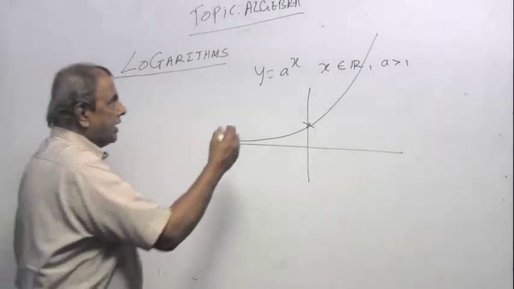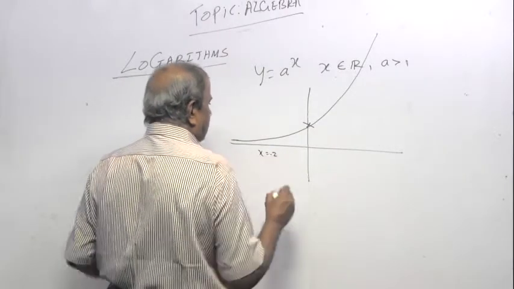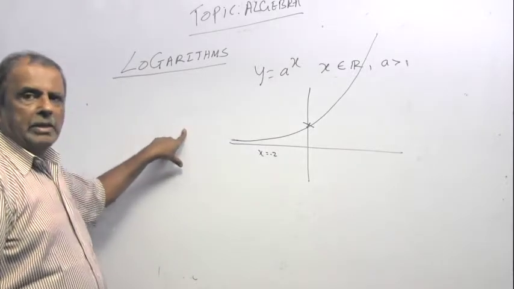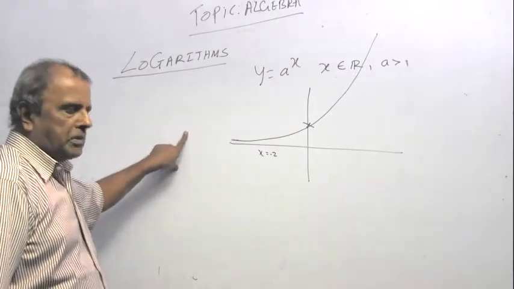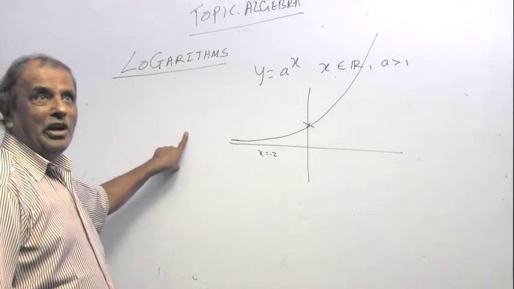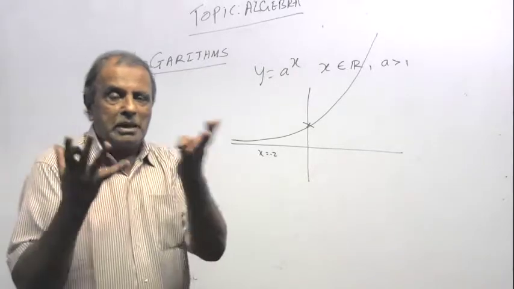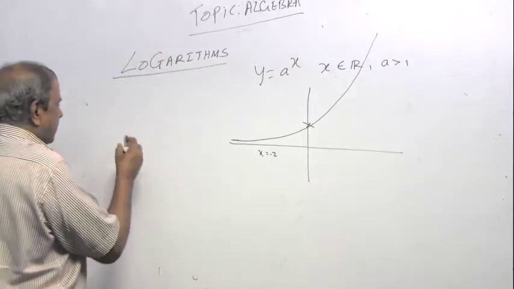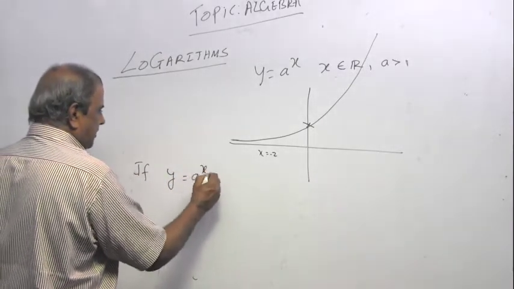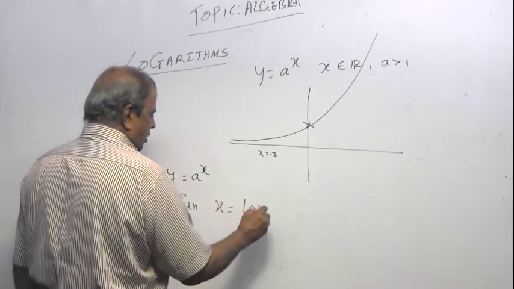This is the graph of y equals a to the power x. If x was minus 2, it was a to the power minus 2, 1 over a squared. If x was minus 10, it was 1 over a to the power 10. And if your a was 10, to divide is 0.1 with 10 zeros and 1, the numbers become unmanageable. So what they did was, if y equals a to the power x, then they said x is equal to